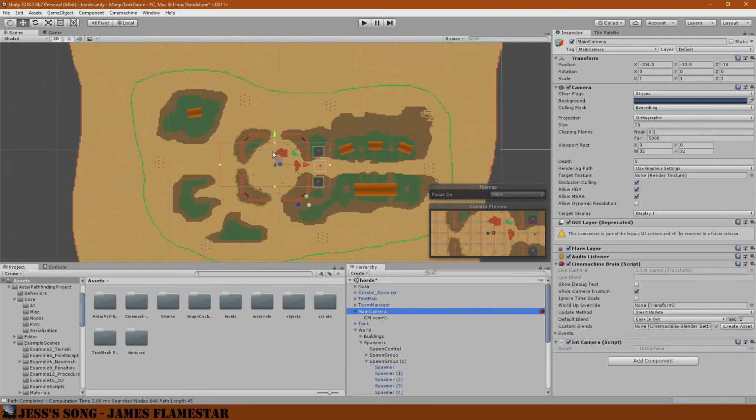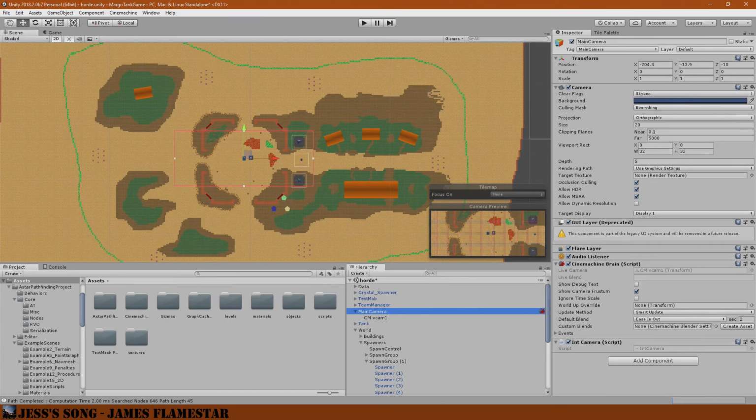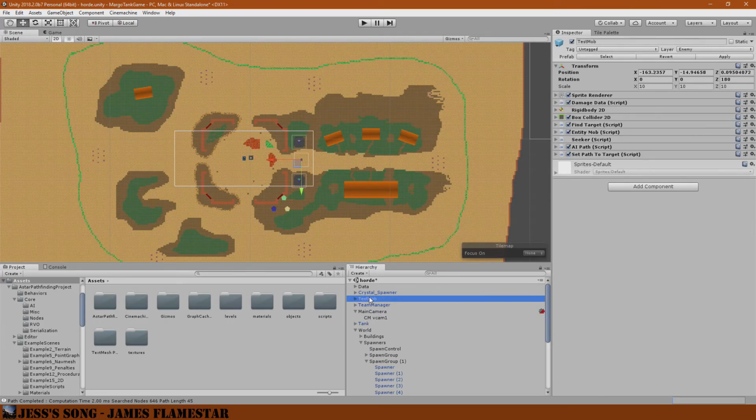It doesn't matter though. What we want to do is make a new script and get this on our AIs. We're only spawning the test mob right now, so we're only going to mess with the test mob. But effectively what this is going to do is set path to target right here. If we don't have a target, we want to set path to objective. So we need some way to set an objective. And we need some way...